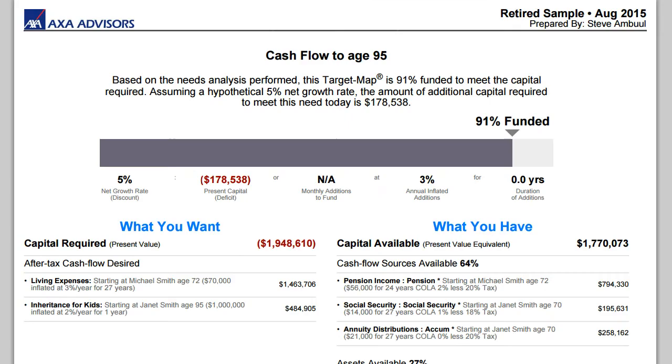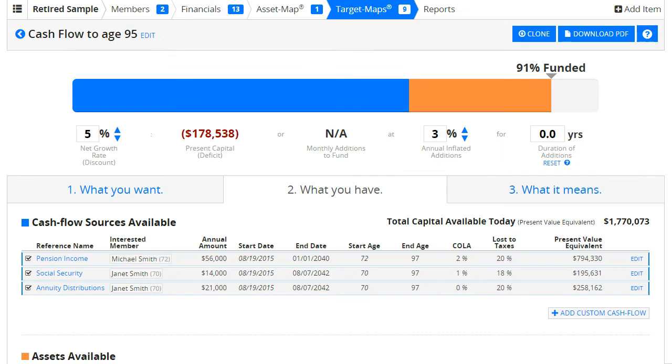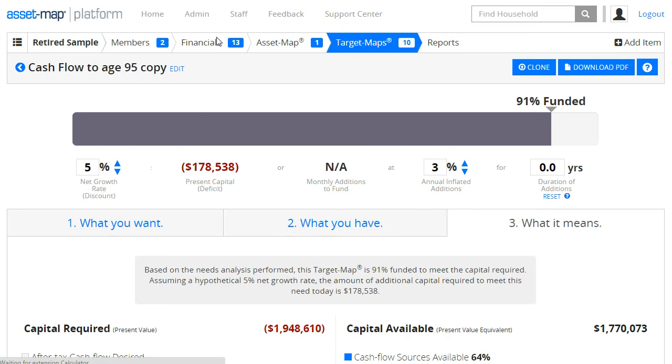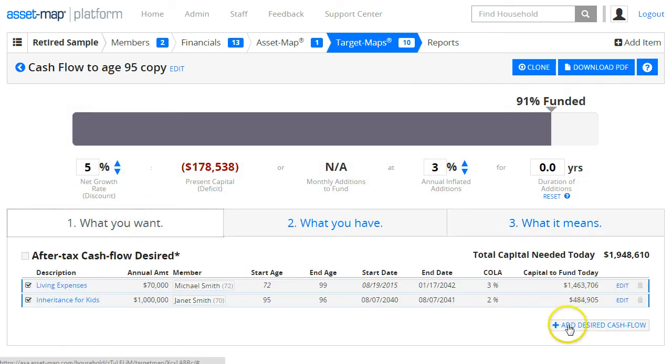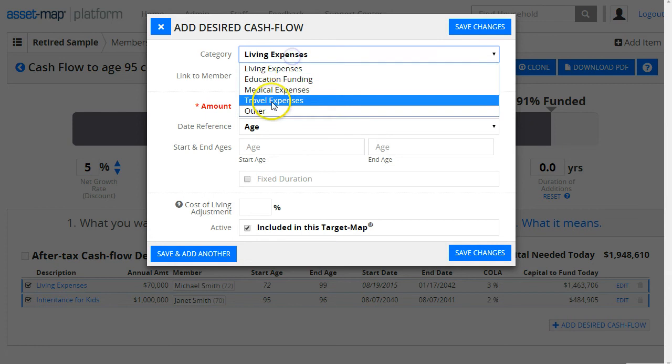potentially, if we go into the analysis for this cash flow, we might even clone this and then look at an alternate scenario and what impact, for instance, a growth rate assumption might have. Can they afford to take more risk? It reduces their deficit. Or if they can't, and we want to assume only a 5% net growth rate, then we might instead look at what would the impact be of a